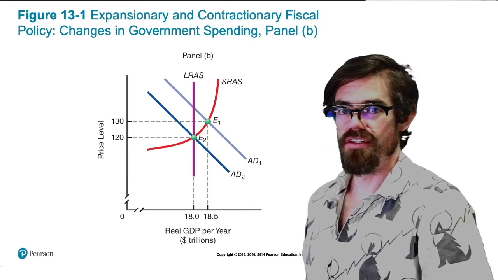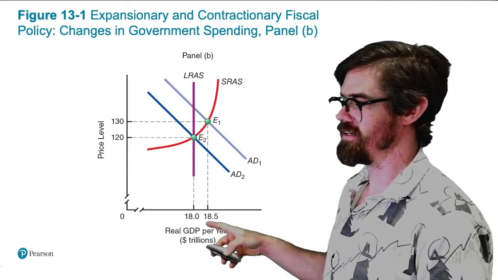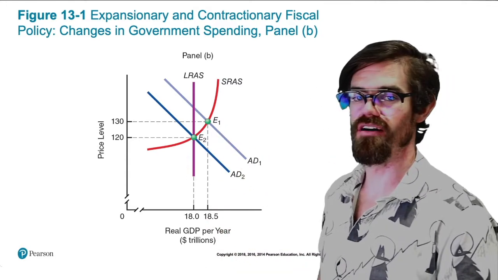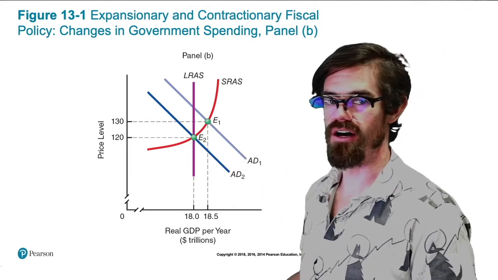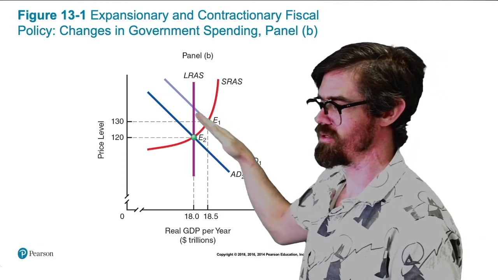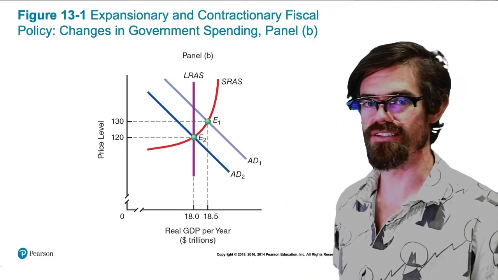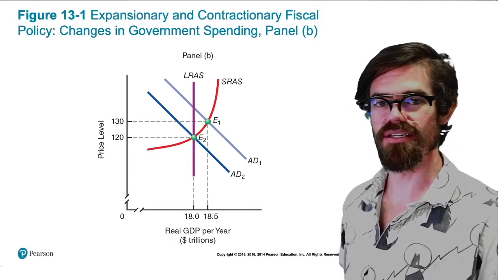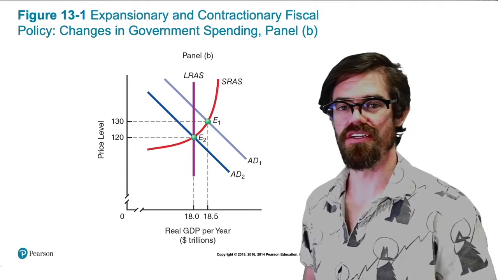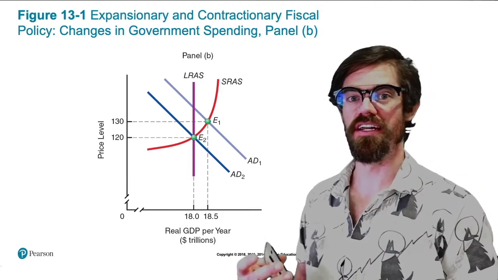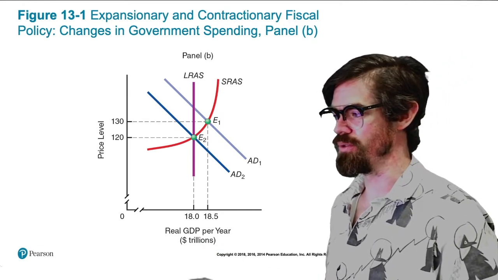Similarly, although this happens less frequently, if the economy is kind of overheating and producing above long-run equilibrium, the government can come in and reduce what it's spending or increase taxes to reduce consumption and get us back to long-run equilibrium. But that actually doesn't happen very frequently because it's not politically popular. So it's very common for the government to do things to get us out of recession, but when we're kind of overheating, it usually doesn't take any action. But it could theoretically, and this is what it would look like.